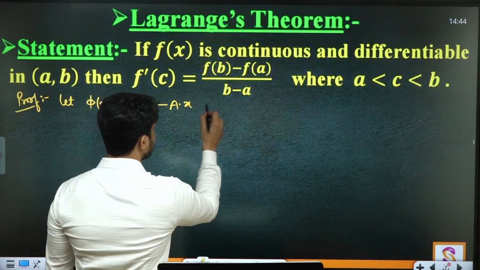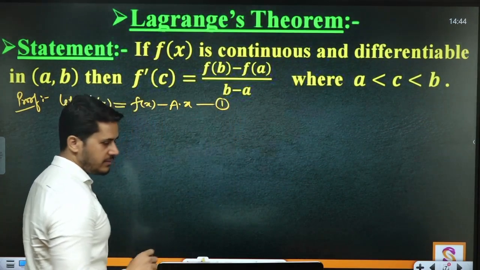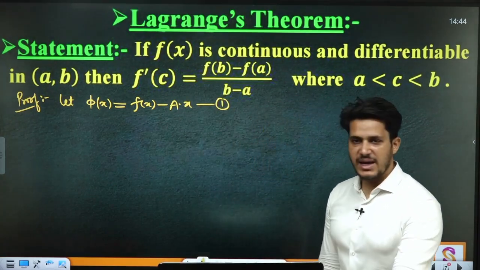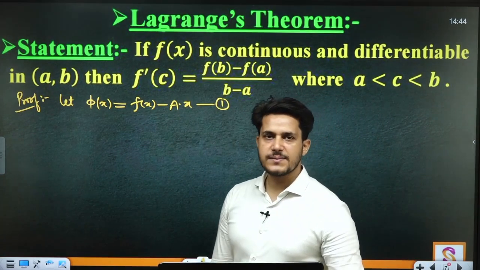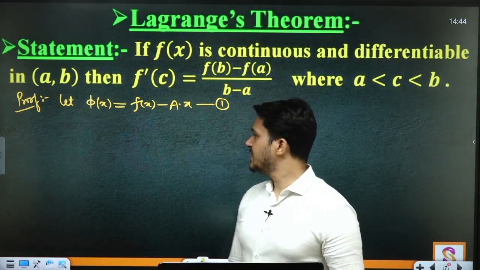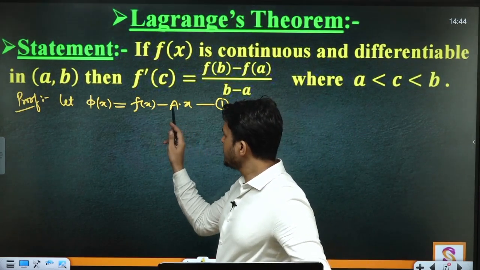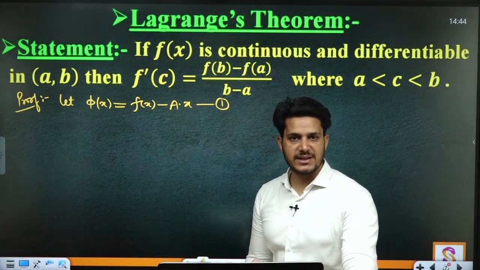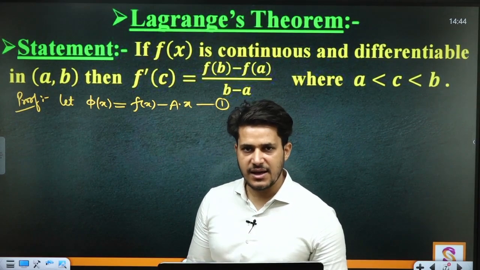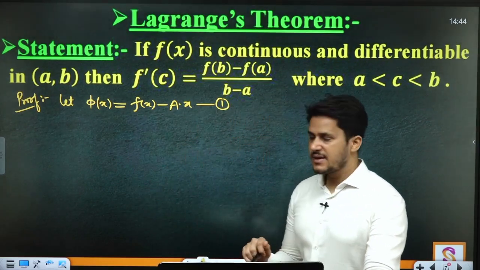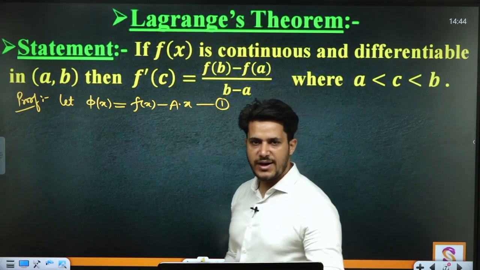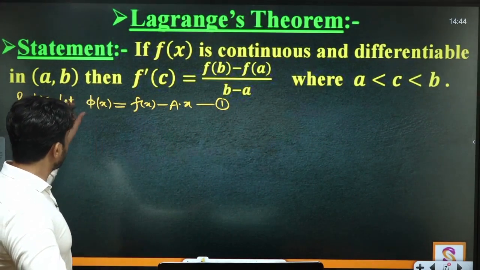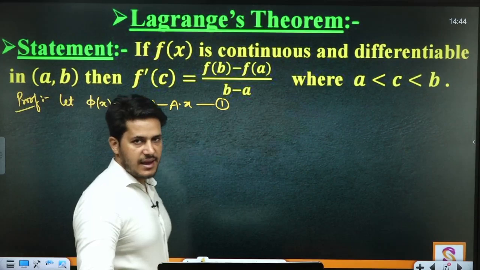ये आपको बस इसमें स्टेटमेंट में ध्यान रखना। From this function phi(x) equal to f(x) minus Ax, this is called Lagrange's multiplier function. Actually any function multiplied by some scalar will form the Lagrange multiplier method. That's why any multiple A with another linear function x will form a Lagrange function. तो phi is called Lagrange function actually. तो बस आपको इतना ज्यादा डिटेल में नहीं जाना. You have to look that phi(x) equal to f(x) minus Ax.